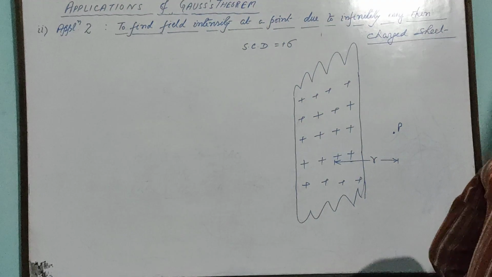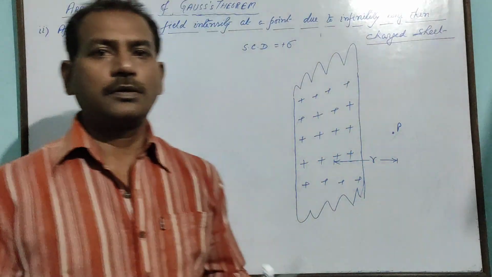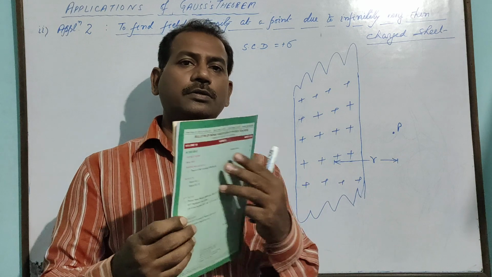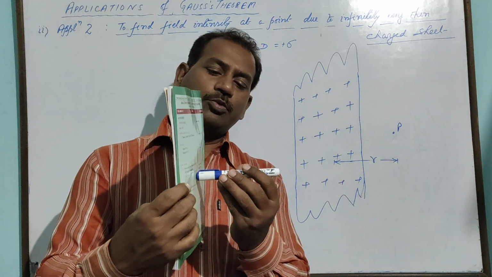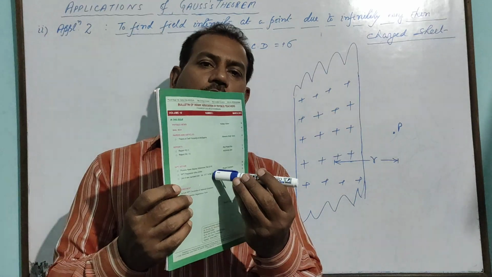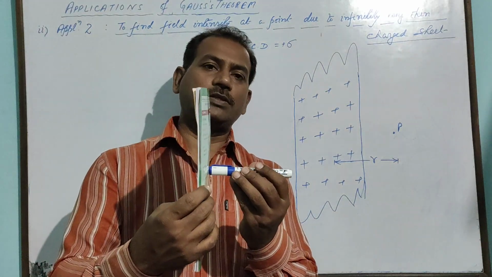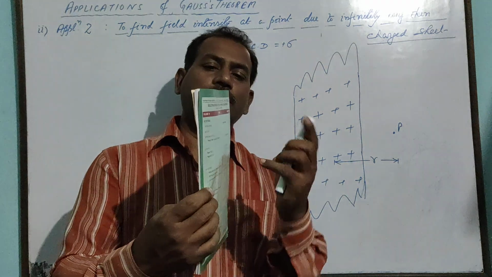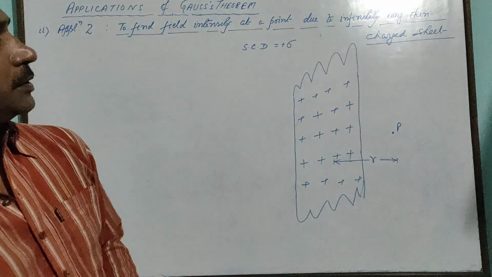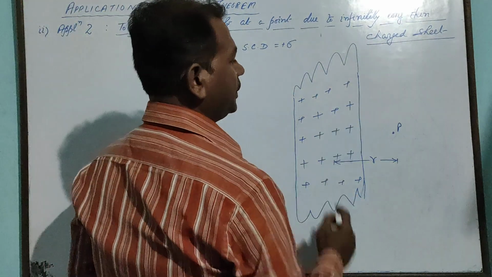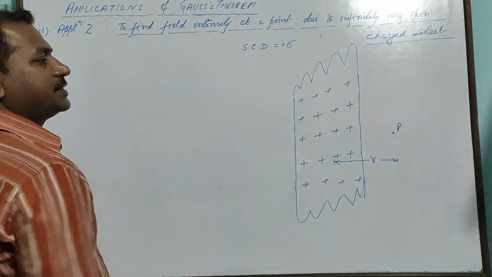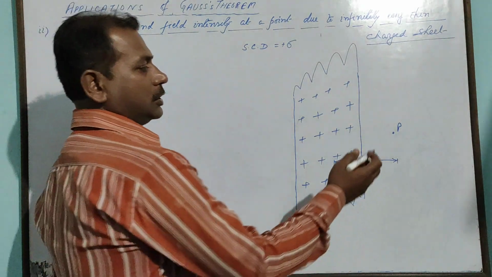Let us take this one as a surface. The charge is distributed here, and you are taking the point like this. So face on the three-dimensional face, you are observing like this, or it is like this. So the point is here, the charge sheet is this one. If it is at this particular point at a distance r and the surface charge density is sigma,